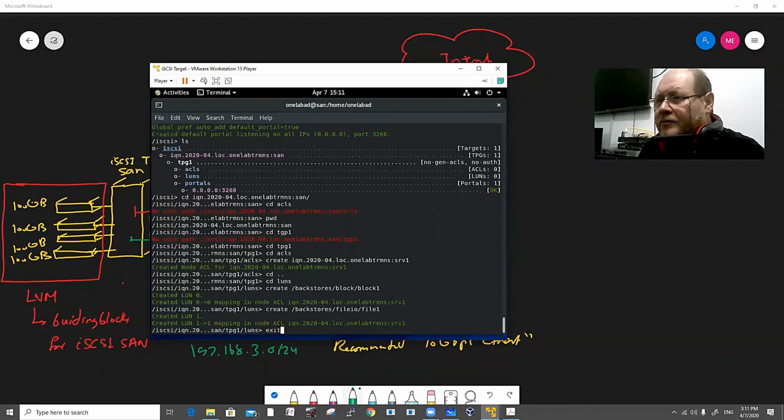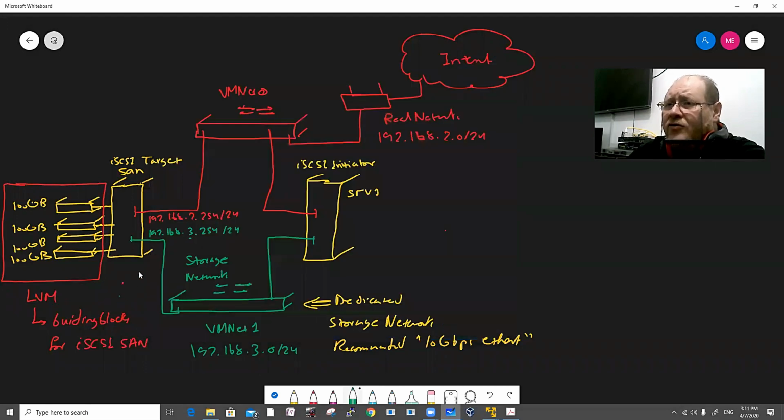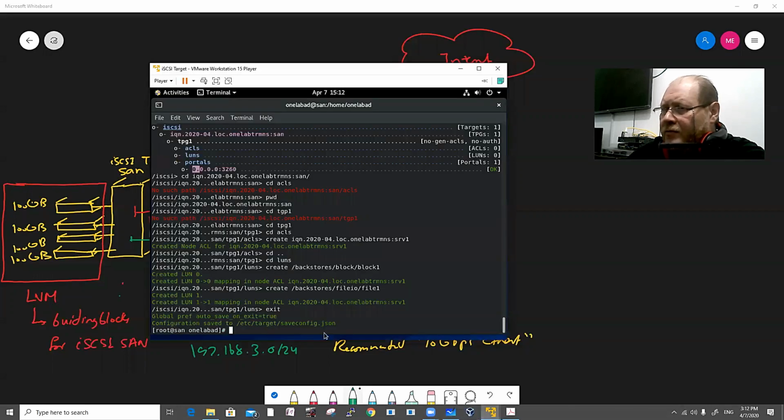Okay, now I also create a LUN. Rename the portal. Okay. The portal contains by default 0.0.0.0 and the port number. This means this server listens on any IP address, but I want it to listen on 192.168.3.254. Okay. So now